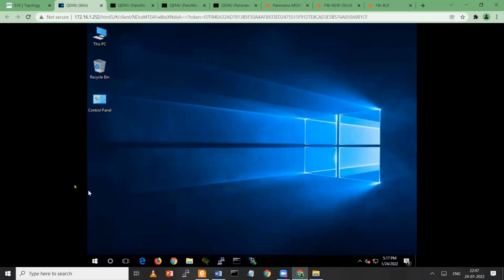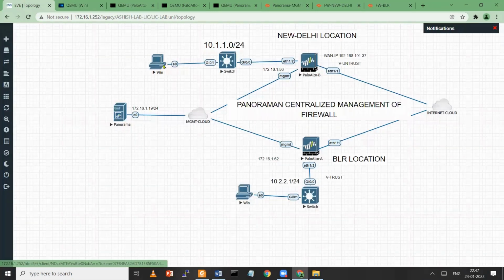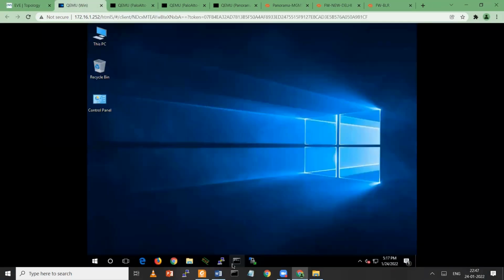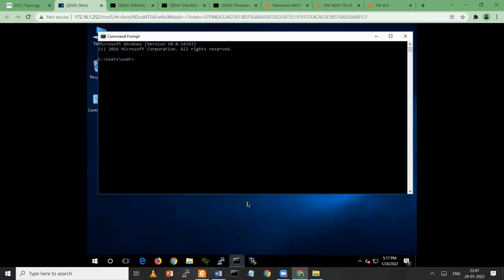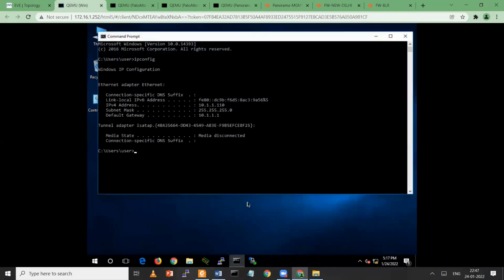Meanwhile, if I check my IP address on LAN machine, it must be in a subnet of 10. Come here and select ipconfig. See, IP address is 110 and IP default gateway is this.